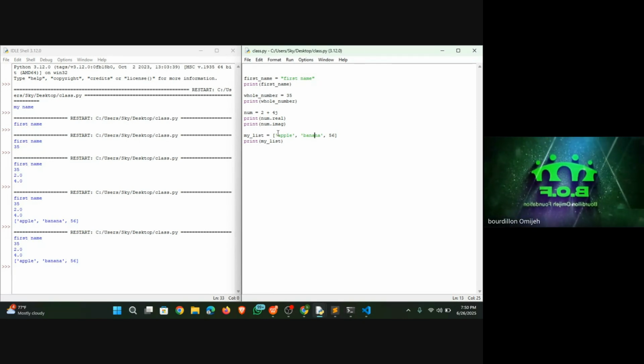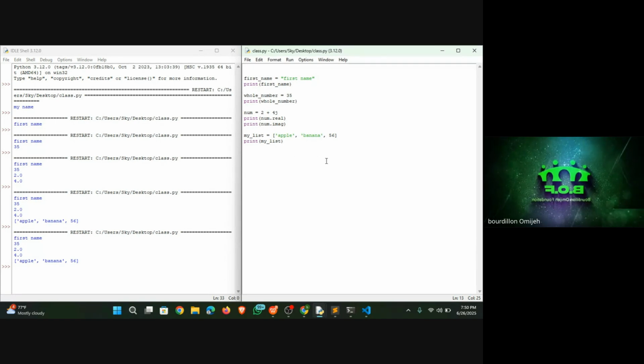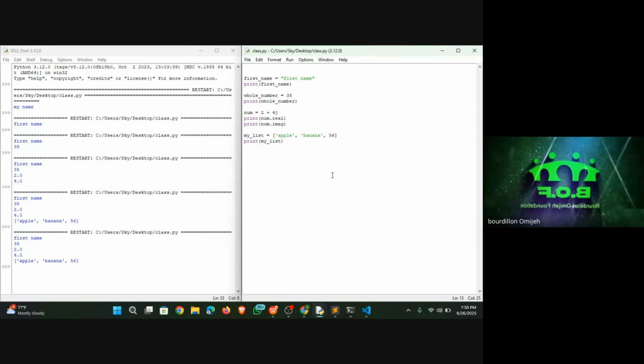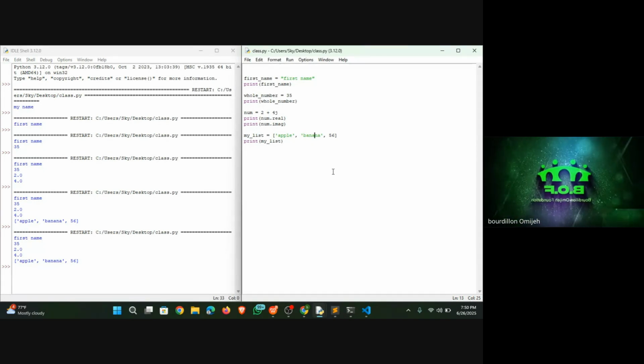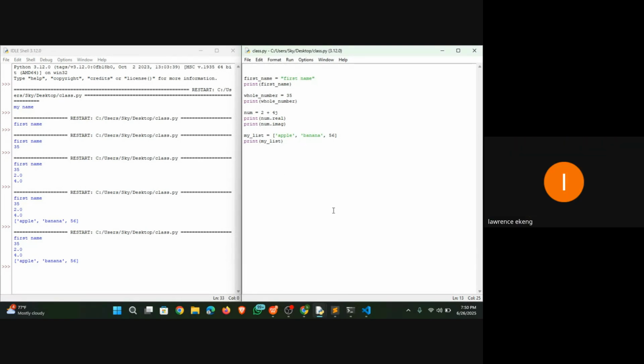So that's it for variable and variable naming with data types. So we are going to go on a 2 minutes break, and then when we come back,